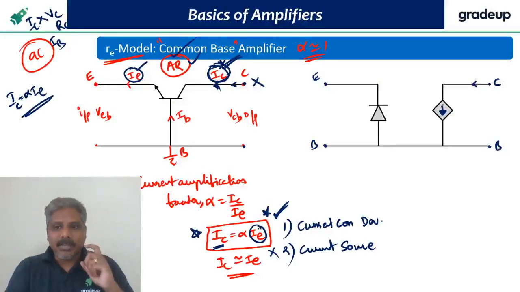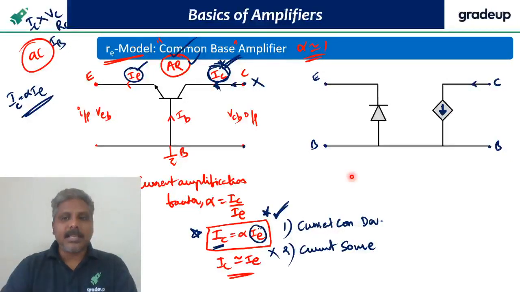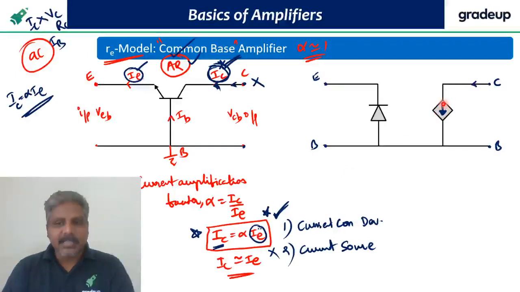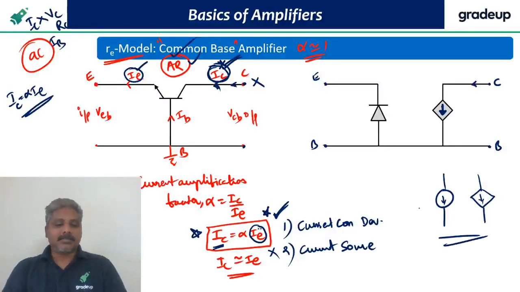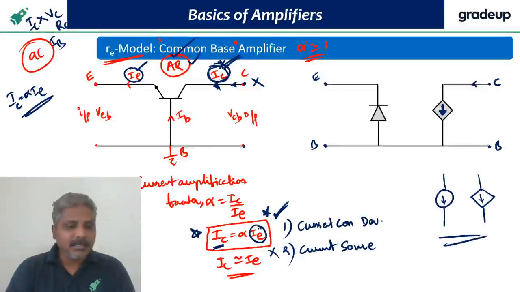But you see, when I am showing this current source symbol, I have used a diamond symbol here. Not a circle, I used a diamond symbol. What is the meaning? What is the difference between a current source shown with a circle like this and this current source? Both are current sources only. What is the difference? The difference is dependent and independent. Is it not? Dependent and independent. What is this current source? I have shown it as dependent. Why?